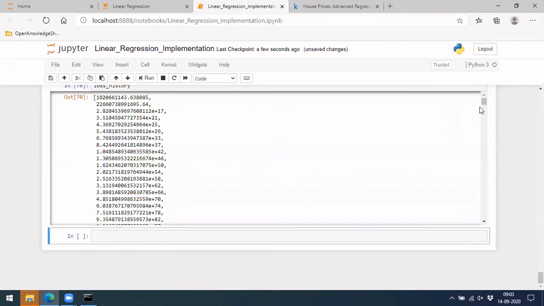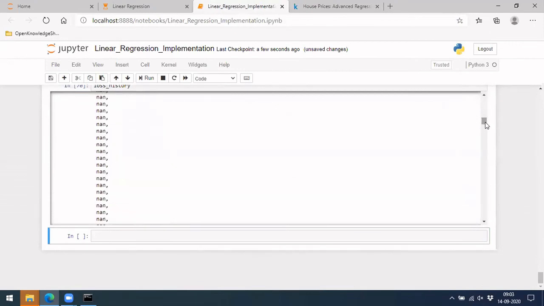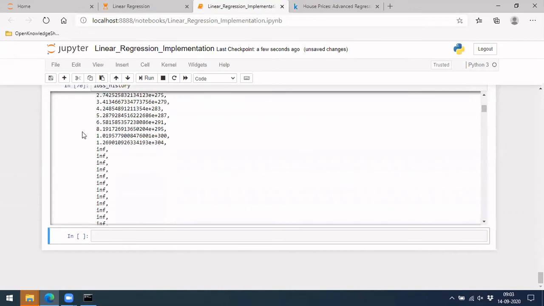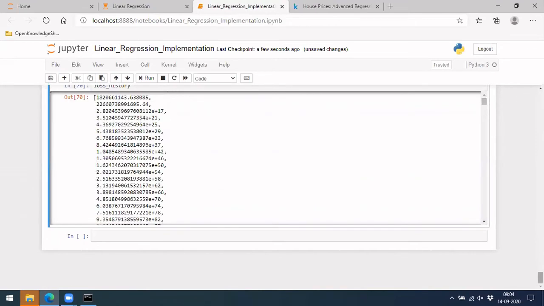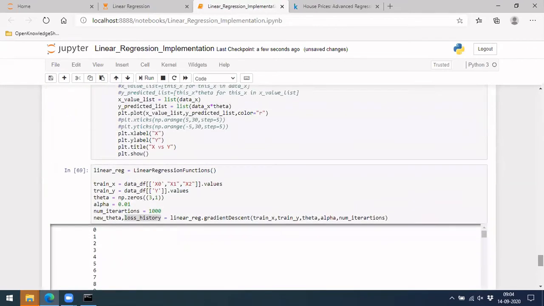So here you got some values. Okay, but why it is going into NaNs is, you see, the values are going to infinite here. So that is why we got this issue.